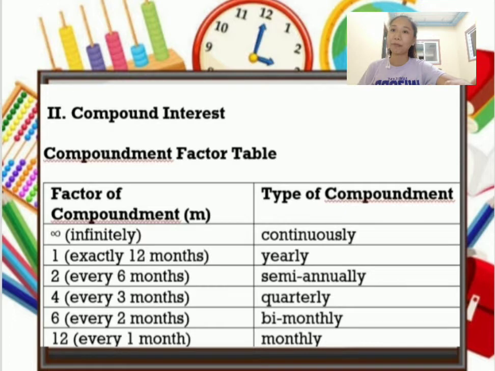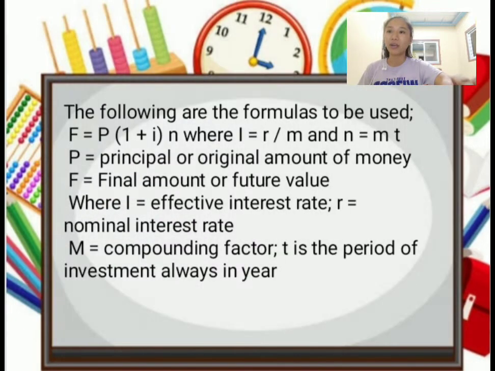And we also have the types of compoundment. So infinitely is continuously, and exactly 12 months is yearly. Every 6 months it is semi-annually, and every 3 months it is compounded quarterly, and every 2 months it is compounded bi-monthly, and every 1 month it is compounded monthly. Okay, so we have here